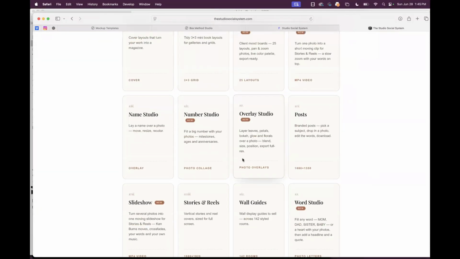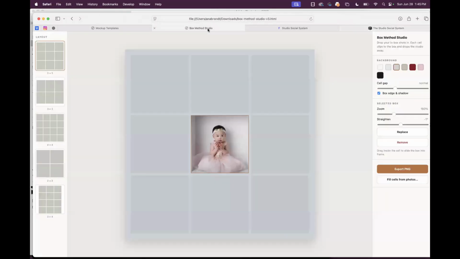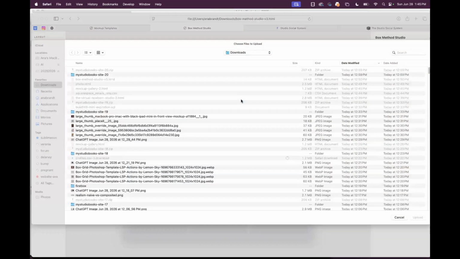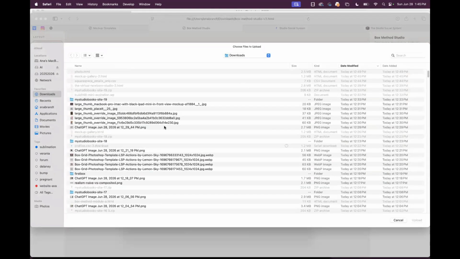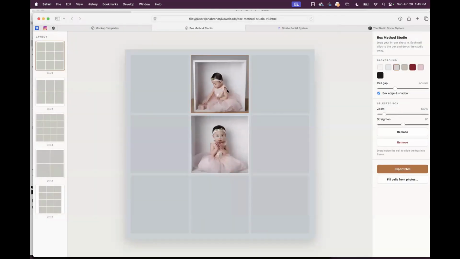I'm adding the box method right now. So if you do the baby in a box, for example, you can go here and kind of make it in the box. This is already built. I haven't deployed it yet.